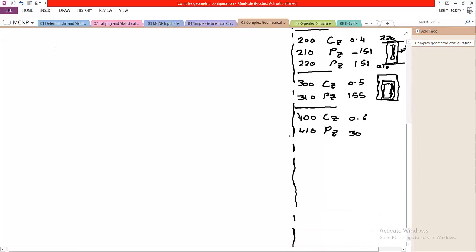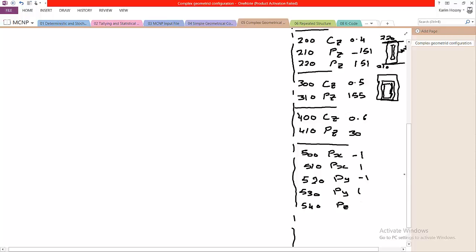Let's check the bottom support plates. First, 500 plane perpendicular on the x-axis at, let's say, negative 1, 510 plane perpendicular to the x-axis at 1, 520 plane perpendicular on the y-axis at negative 1, 530 plane perpendicular on the y-axis at 1, then 540 plane perpendicular on the z-axis at, let's say, the thickness